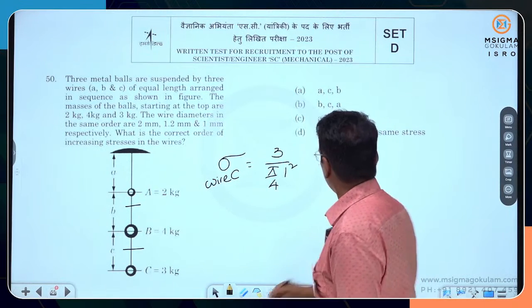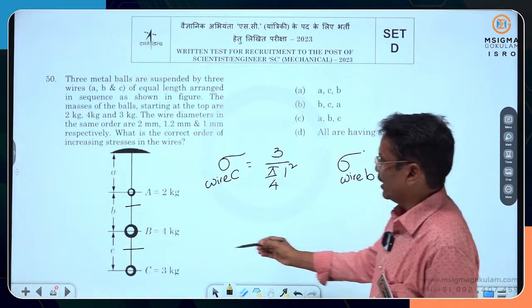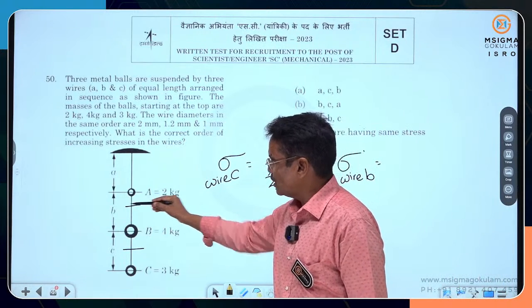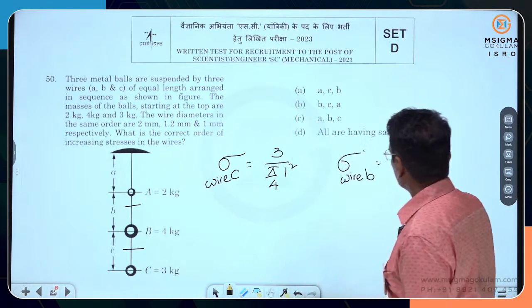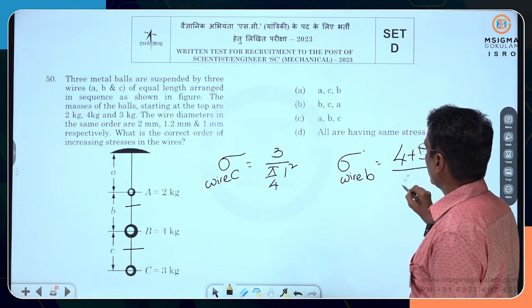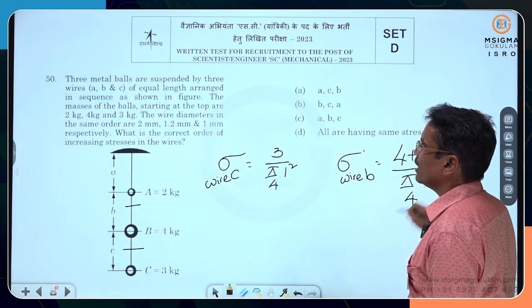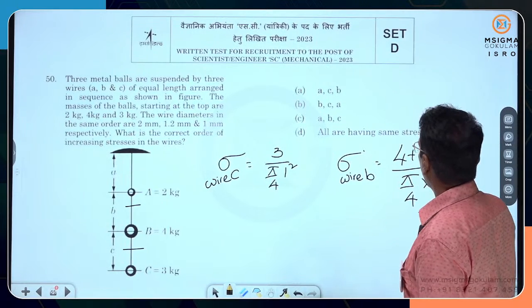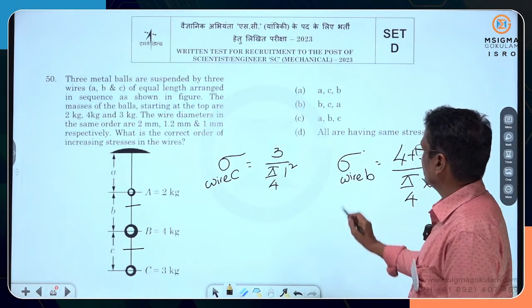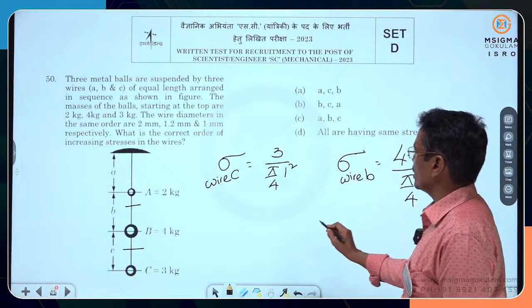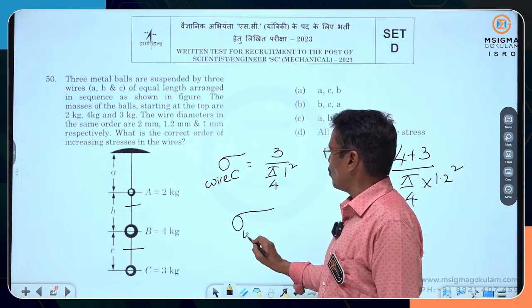This is wire C. For wire B, there are two loads. If you just take the section here, it is (4 plus 3) divided by pi by 4 times 1.2 whole square. This is the stress in wire B. Stress in wire A: